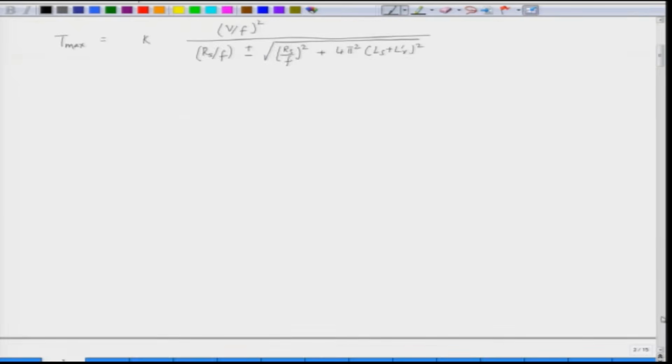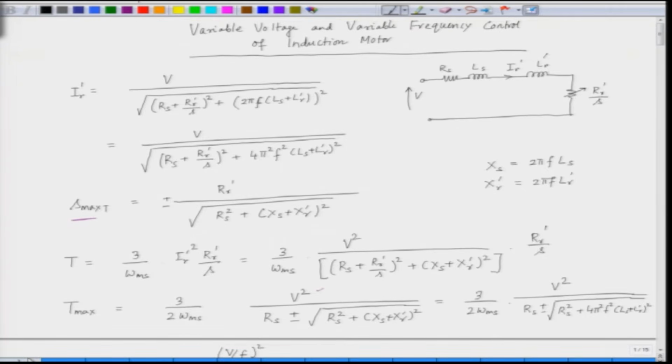In the previous equation, what we found is that we have the expression for the maximum torque. What we do? We divide here by f. So, if we divide the numerator by f, we get f here, and we divide the denominator also by f. Now, when the value goes inside the square root, this becomes f square. So, this by f square, this also by f square. So, we have some cancellation here, this f square will be cancelled with f square.